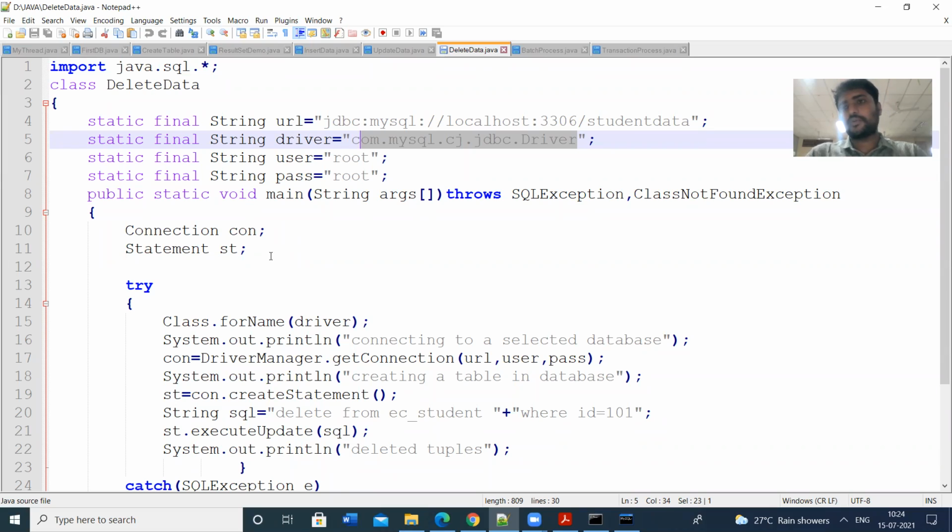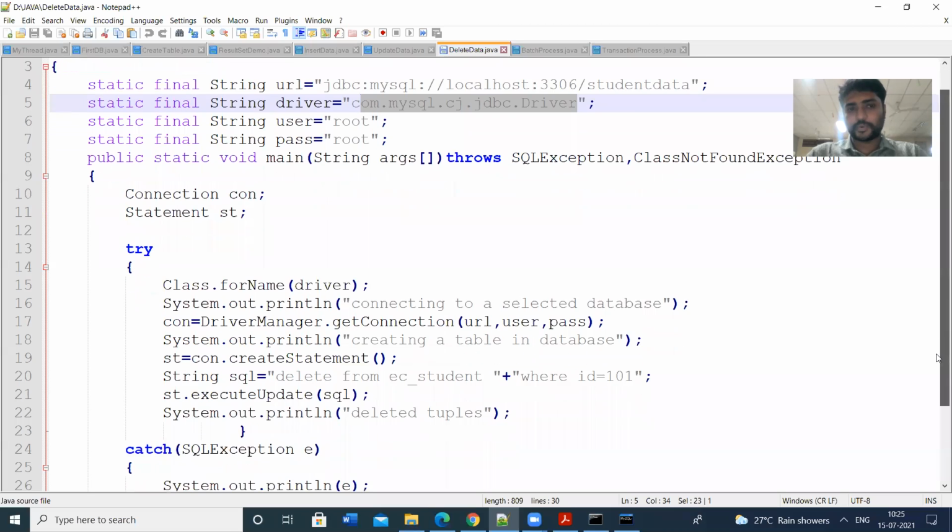After executing the query, we can get the result. The result can be stored in the result set object. Result set is an interface, and we can create an object of type result set. The result will be stored in the RS, and the result can be processed accordingly. That is the main theme of database connectivity through a Java application program.